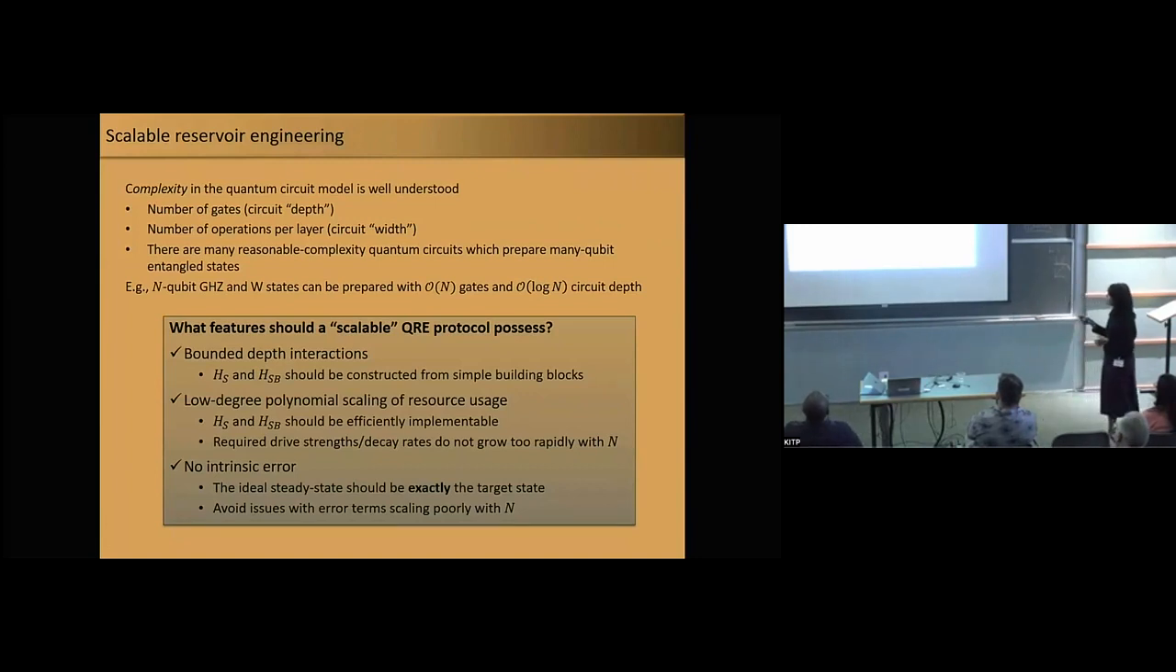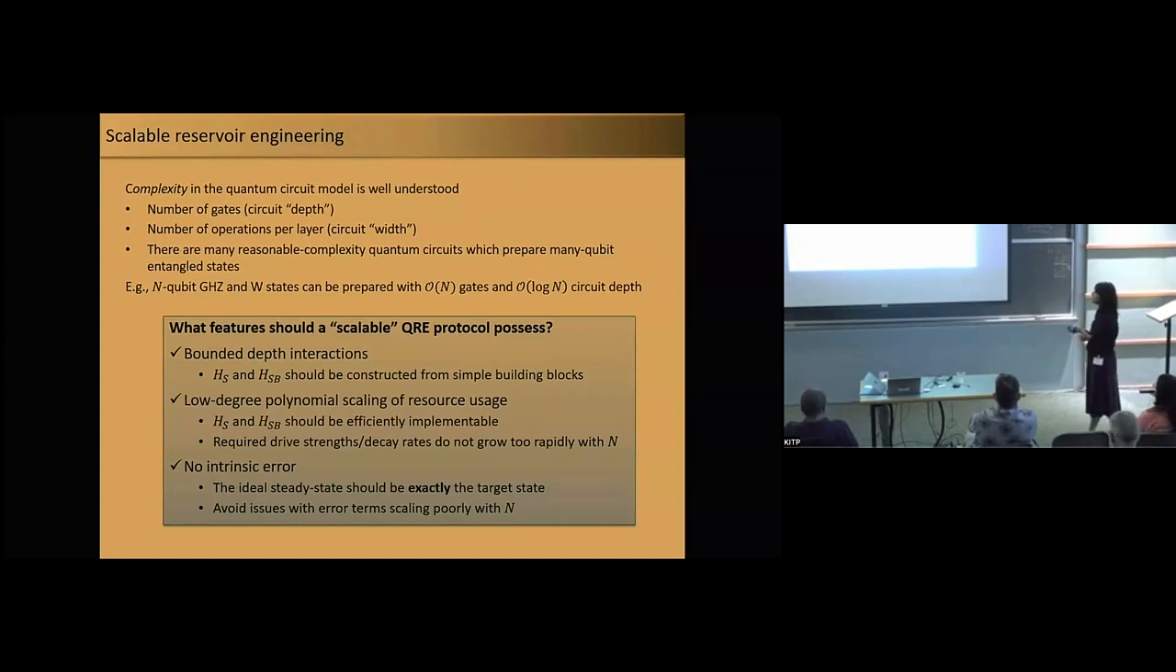Similarly, in terms of circuit width or number of operations, that boils down to low-degree polynomial scaling of resources, which essentially means that, okay, maybe for 2 qubits I need just 2 or 3 terms in my Hamiltonian of low depth. But if I do a 10-qubit state stabilization, I should not need 100. So it basically means that the required drive strengths and the decay rates and their number should not grow too